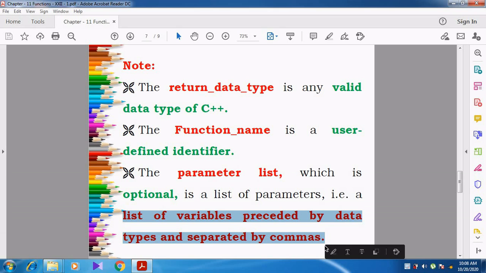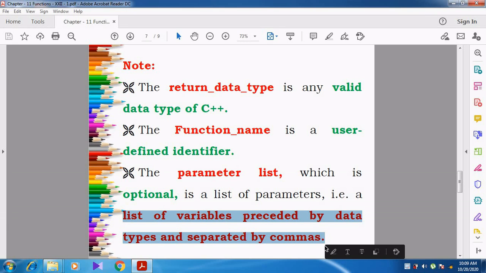Int a, comma int b, or int a, comma float b, comma char c. Like that, we specify each variable with its data type, and the variables are separated by commas.